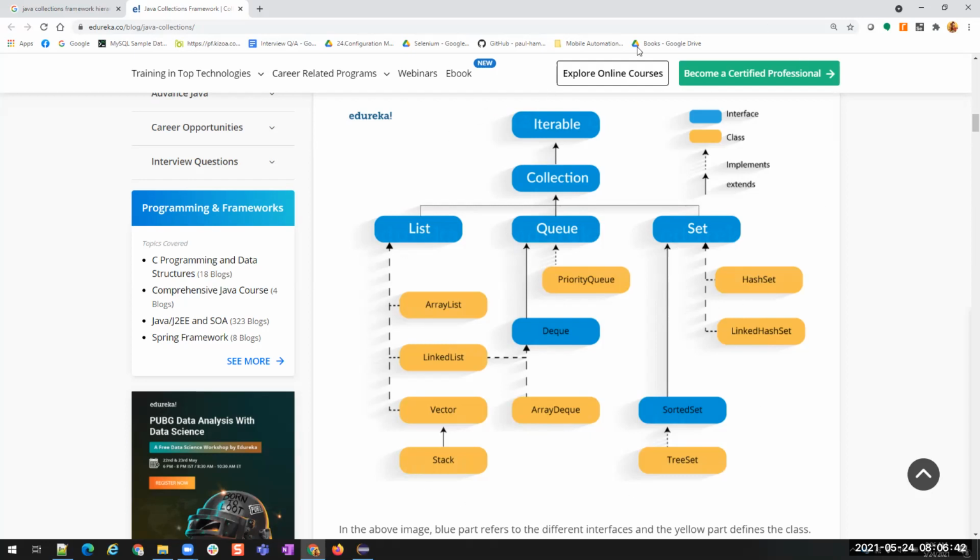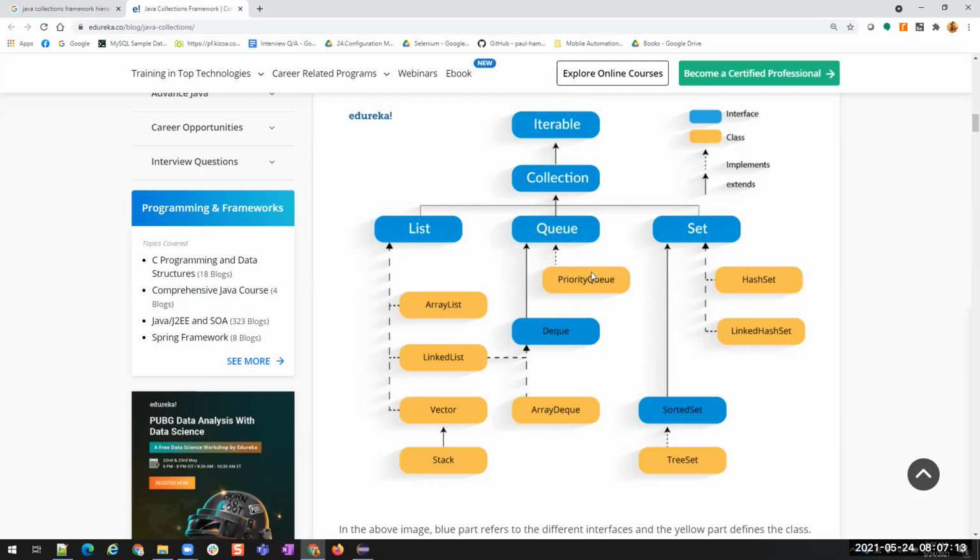So this is the hierarchy. Now we are going to see what is this iterable, and we are also going to learn one method from this iterable interface. We are going to use it. Till now we have seen for iteration we have only for loop, while loop, do while loop, right? Now we are also going to use iterator. Okay, so let us see what is that iterator and what is this iterable. And then inside this collections framework we are going to use a list and the set. No need of these queues and dequeues, so let's ignore them.